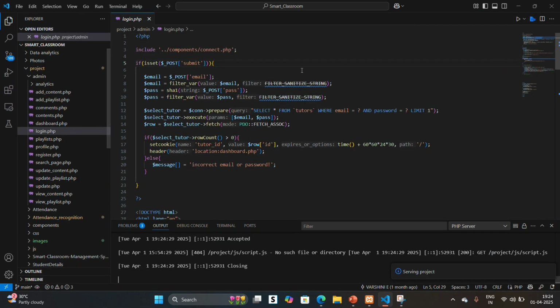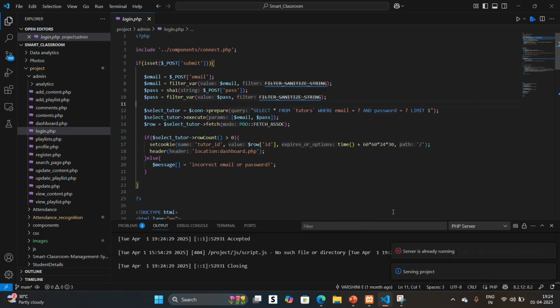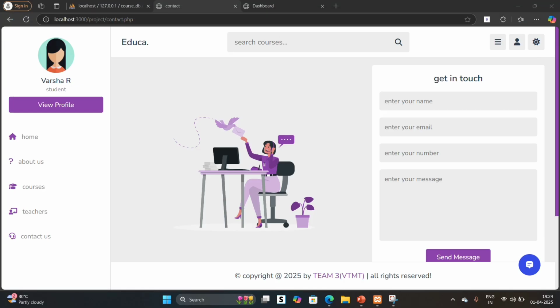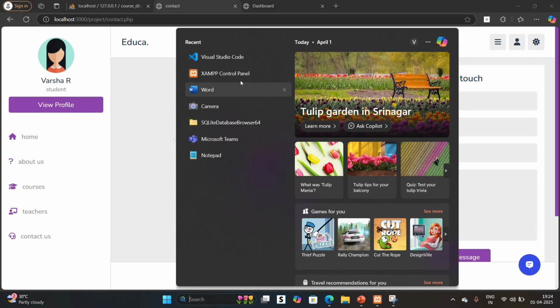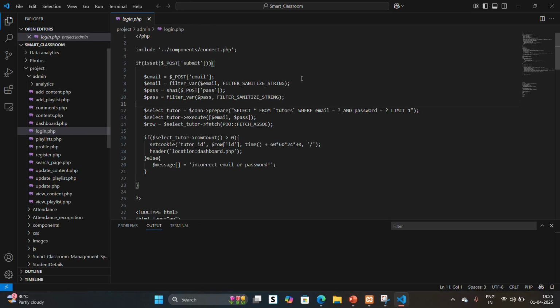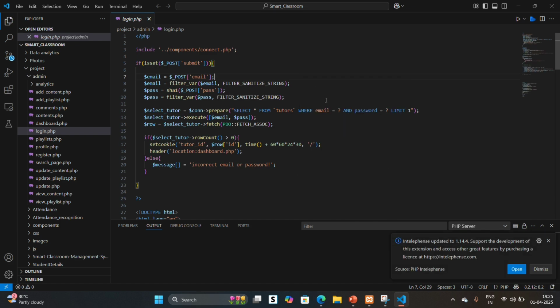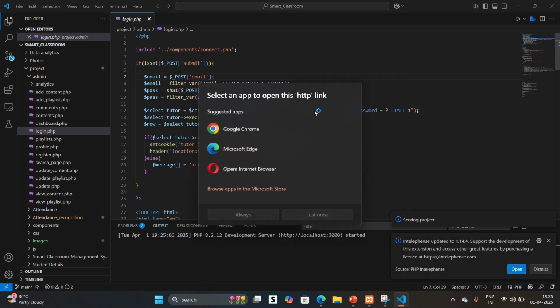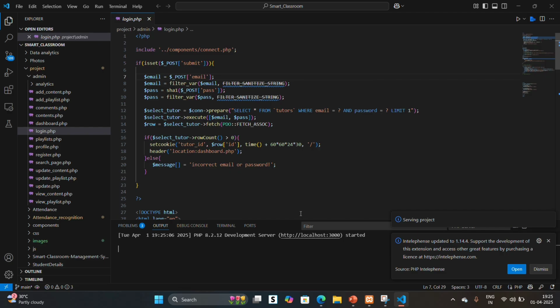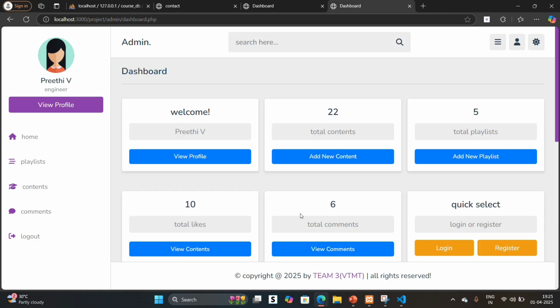Now let us see the interface of our teacher. We just need to click the PHP serve project. So this is the login page for a teacher. After we have logged in, this is the complete